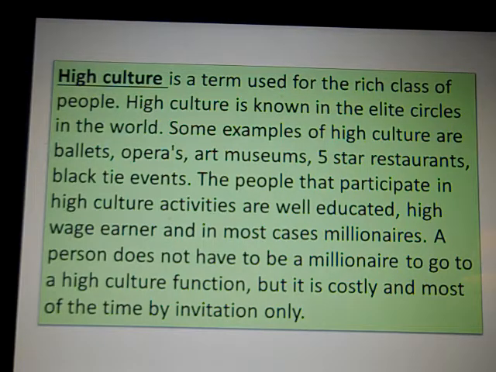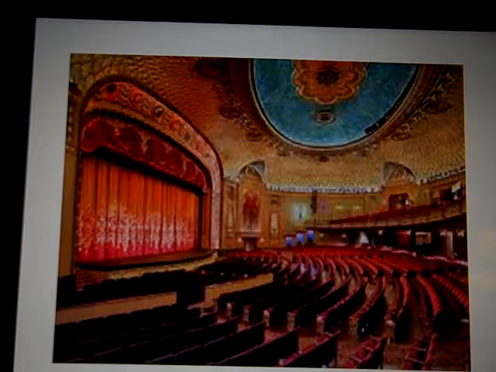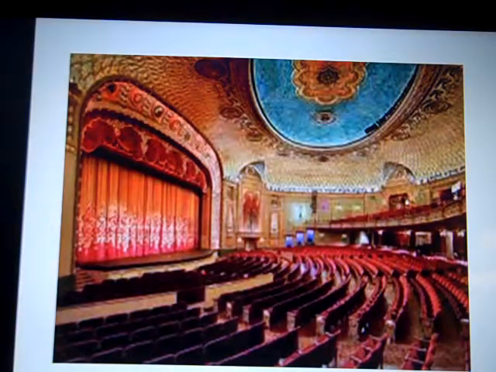We'll start talking about high culture. We're talking about the rich and the famous, your actors, professional athletes, celebrities, individuals who can engage in activities including operas, art museums, five-star restaurants, black tie events. They're generally well educated, high wage earners, in most cases millionaires. They get to experience things that most of us down the ladder tend to not experience or get to experience